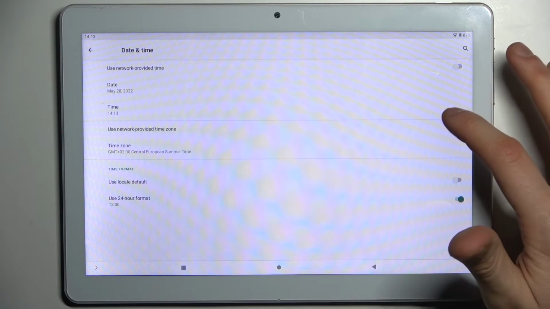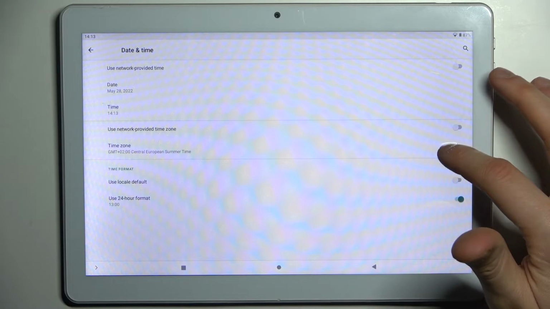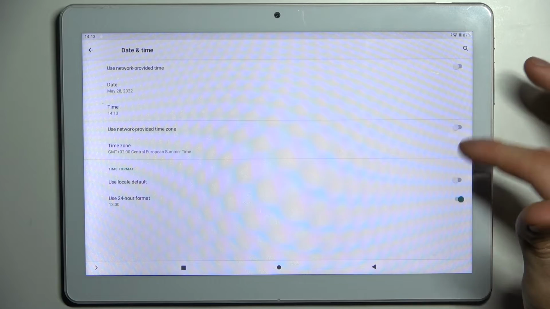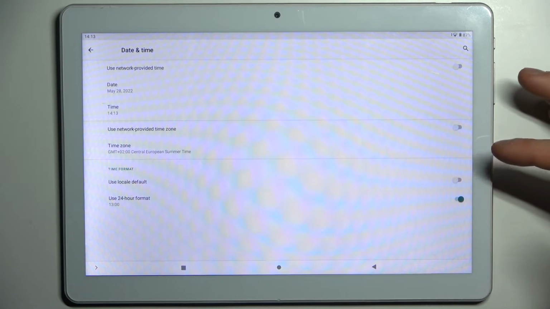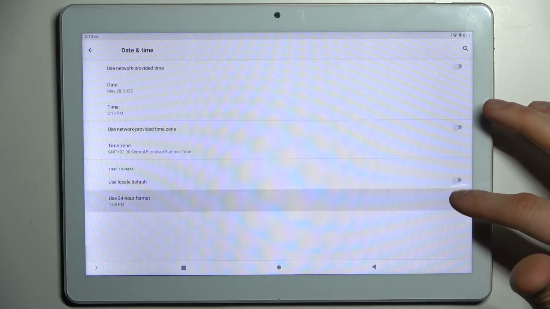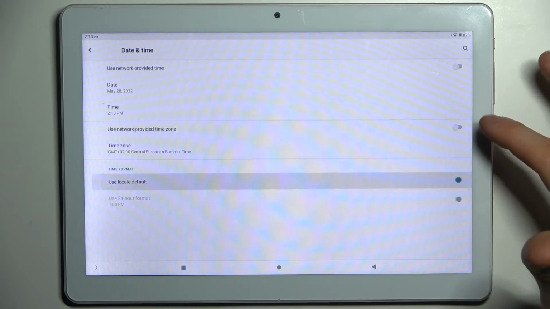You can also change your time zone here, and you can change hour format from 24-hour to 12-hour. So yeah,